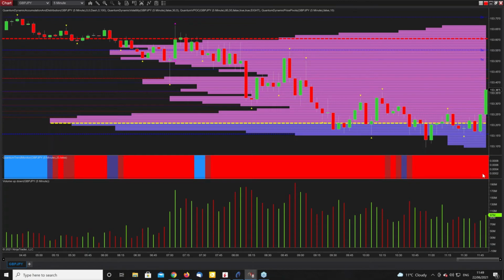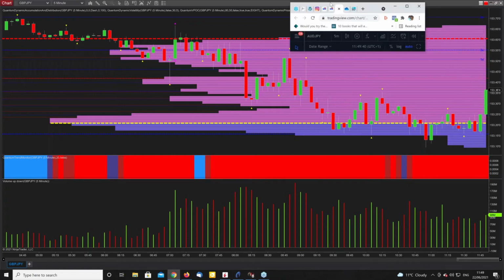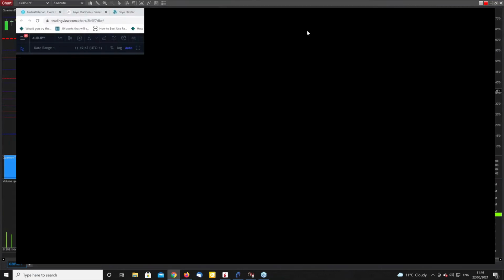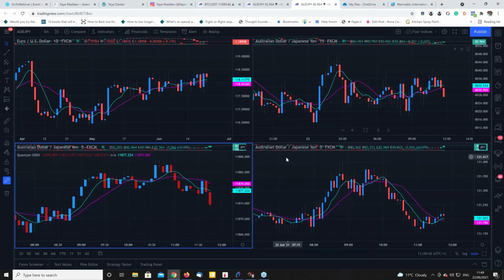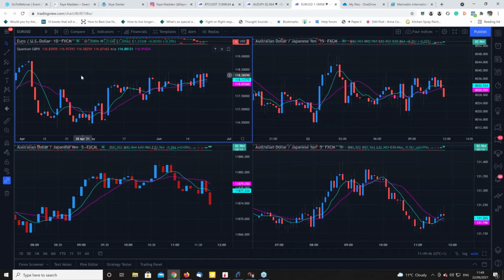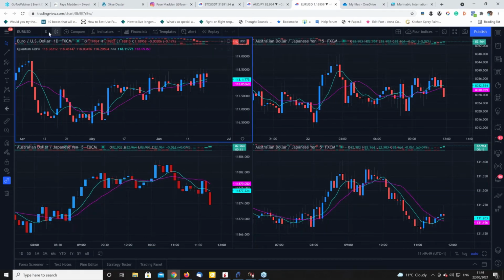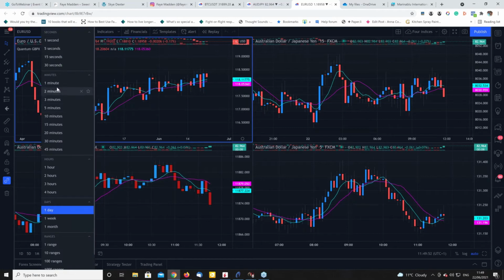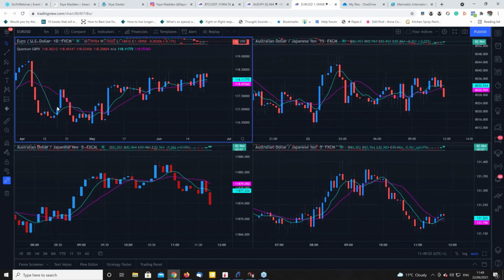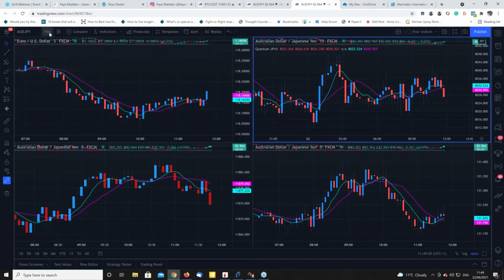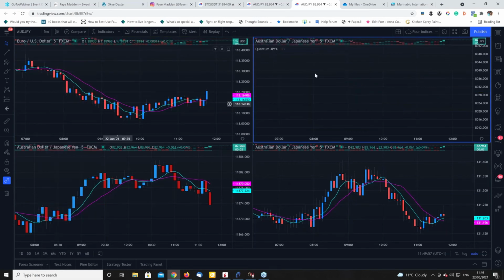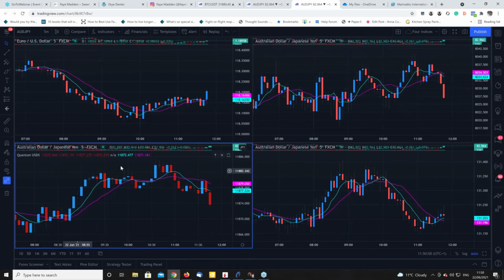Just looking over, I'm just going to pull this across for a minute. This is on TradingView. These are basically the 4 indices. These are what time frame I've got these on. That's on the daily. Let's change that over to 5. I think on 15. That one's on 5. Let's put that on 5. That's on 15. Let's change that to 5. That's on 5. That's okay, and that's on 5.